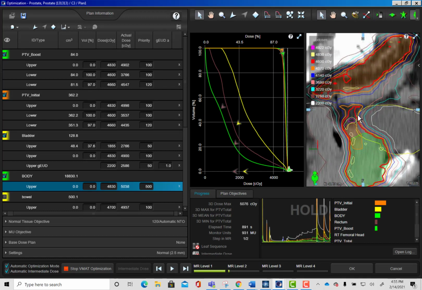So it should cool this area down. You can see it did. There is a little speck of hotspot right there, but it's slowly disappearing. But even if I cool this area down, you can see I still have that 100% line up into this area. So it's not very conformal in this area. So I still am gonna want to contour that area out and get as much dose out of that area